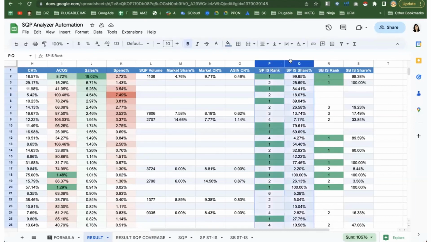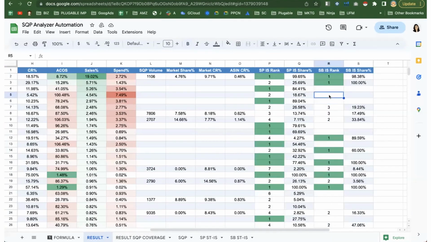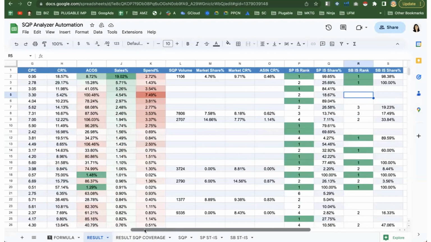So definitely this looks like a struggling keyword from all angles. So by having these 2 columns on the side, both for sponsored products and sponsored brands, also gives you an idea of whether this is a strong keyword or a not so strong keyword. So yeah, we highly recommend creating some sort of comparison mechanism like this, or there's a few other tools that other people have also released for free. So you can look up search query performance reports, analysis, things like that. And so you'll be able to find a few that are already out there. But the idea today was to just introduce you to what search query performance data looks like and how you can use it in different ways. I'm sure you can come up with other creative ways also to look at your data.